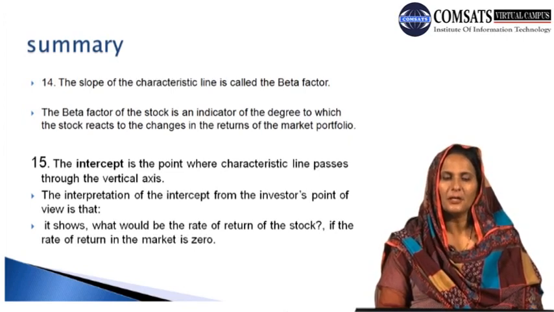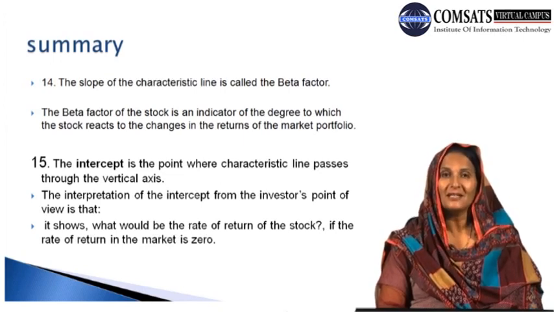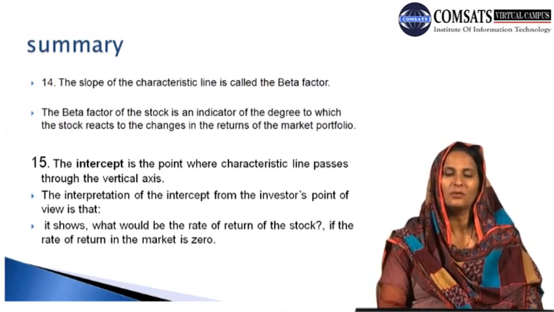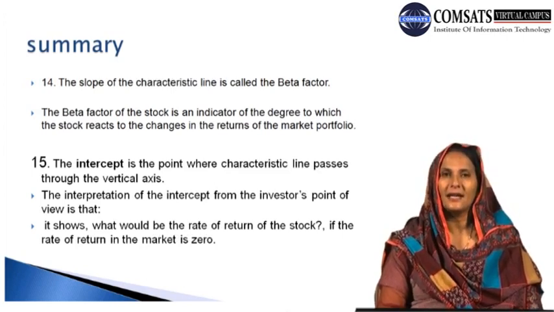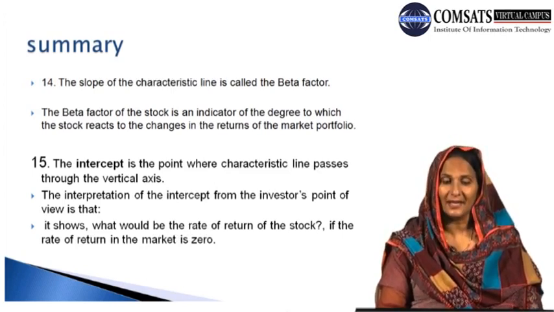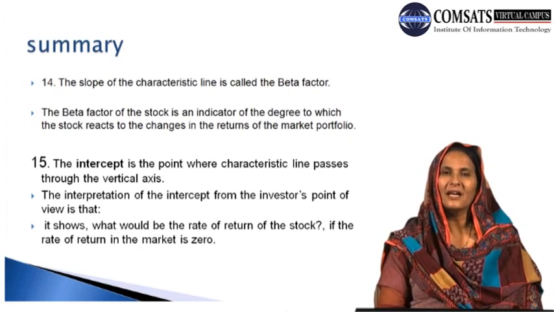Then another important point as far as the characteristic line is concerned is the concept of intercept. That is, what is intercept and what is the worth of intercept? Intercept is basically the point where the characteristic line passes through the vertical axis. ये वो पॉइंट है जिससे characteristic line जो है vertical axis को कट करती है. और interpretation of intercept from the investor point of view is कि how the investor can interpret this concept,